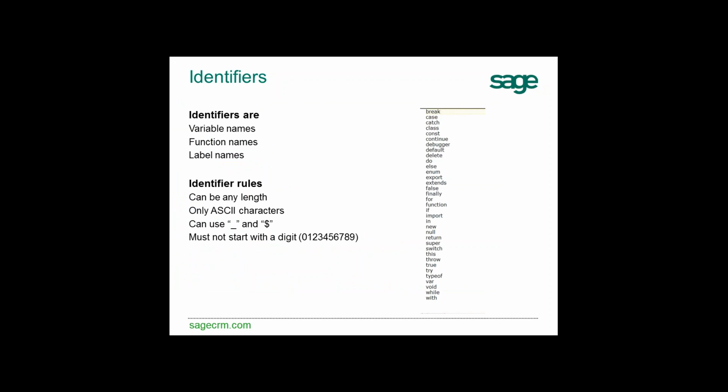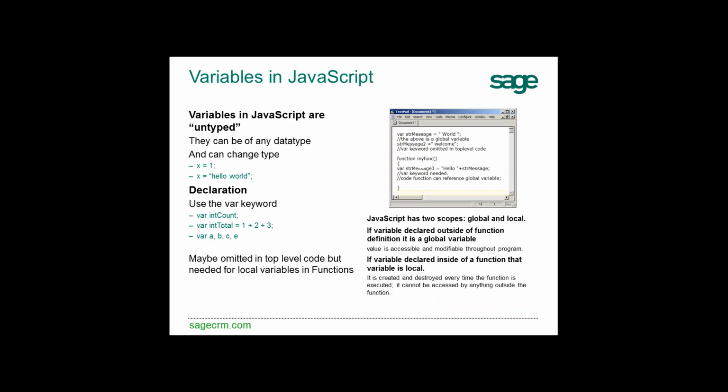So here we've got the idea that we can declare our variables. We've got a whole set of different keywords, and I've just included those on the right hand side so that you're aware that there are obviously some reserved names. You can't go around calling your variable new or export or do when actually they're reserved words. We can go ahead though and declare our variables as and when we need them. So basically they don't have to be declared at the header of a document or anything. You can declare them as you use them, as you can see where I've just declared and assigned all at once,